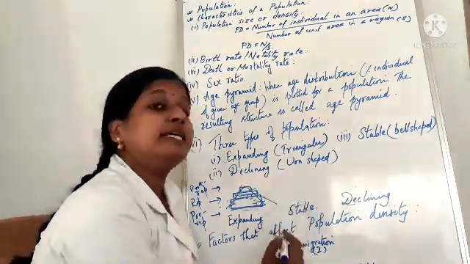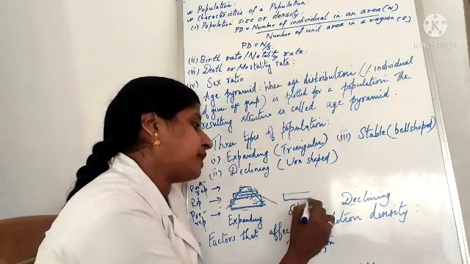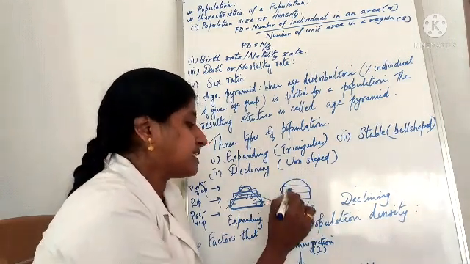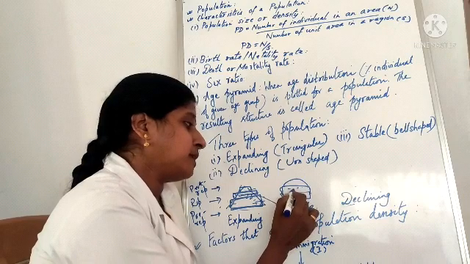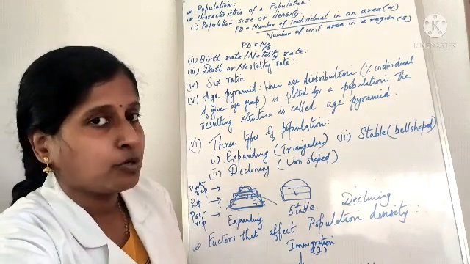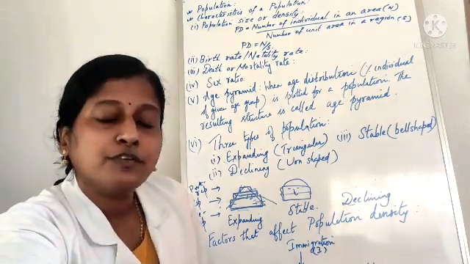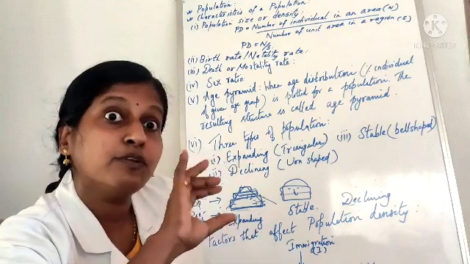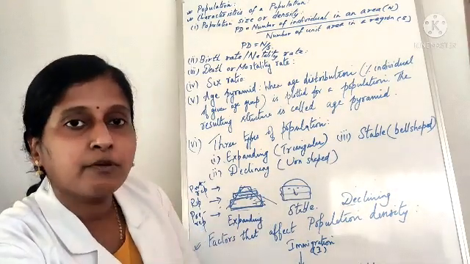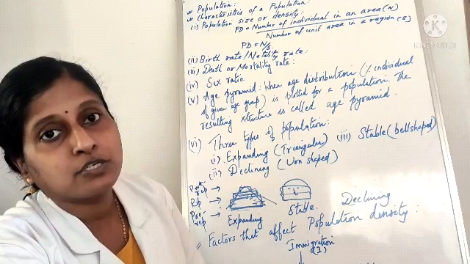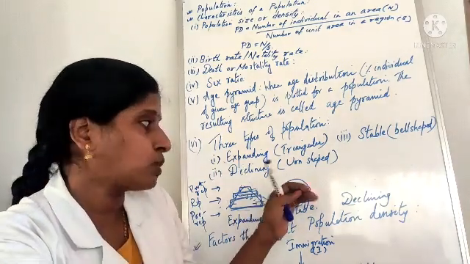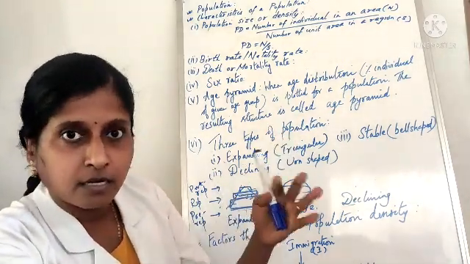Okay. Stable. It is in developed countries wherein you see the pre-reproductive group and the post-reproductive group are one and the same. Means they are stable. These reproductive groups will reproduce and give rise to only 1 child or maximum 2 children. 1 child usually, that is what they prefer. Because of which the reproductive and pre-reproductive groups will be somewhat the same. So these individuals are the only ones going to come to the reproductive stage. Again, they will be health conscious, they will take preventive measures, they will not be expanding the population, they will keep the population under control. Okay, so this is noted in developed countries like London, America and all.